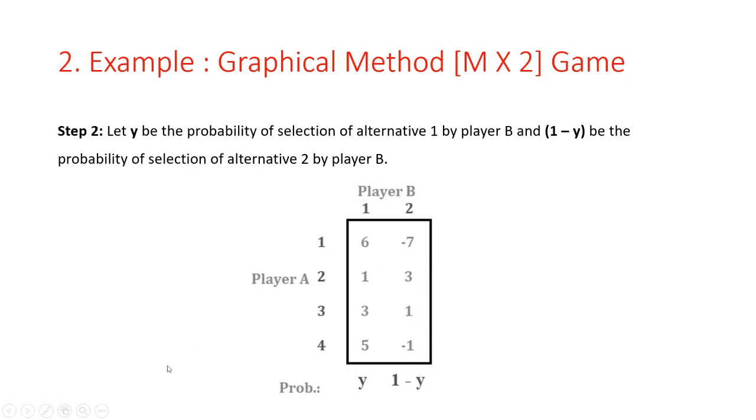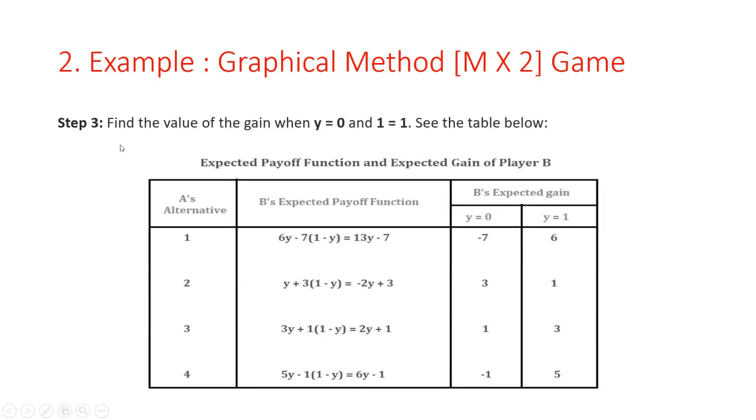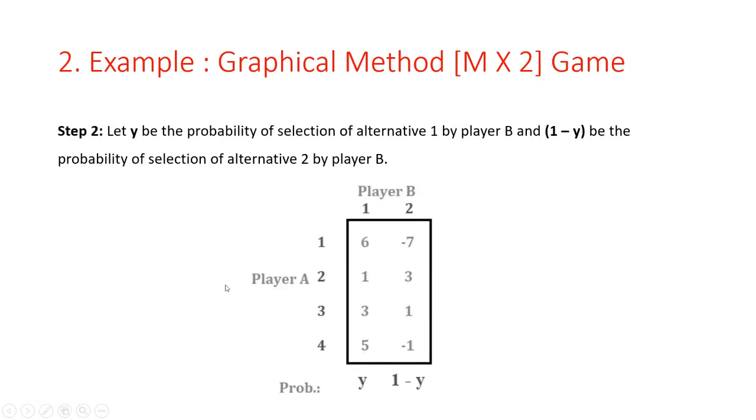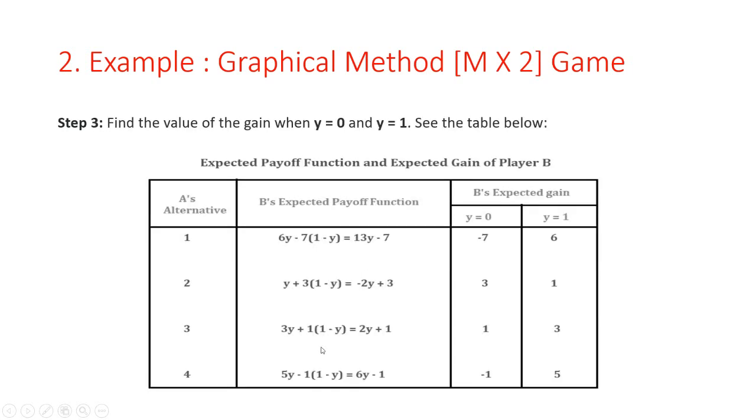Okay. So derive the expected gain function of player B. We have to derive the expected gain function for player B with respect to each of the alternatives of player A. So see here, in step 3, find out the value of the gain when y equals 0 and y equals 1. See in this given table, this table shows the expected payoff function and expected gain of player B. So for the alternatives 1, 2, 3 and 4, find out B's expected